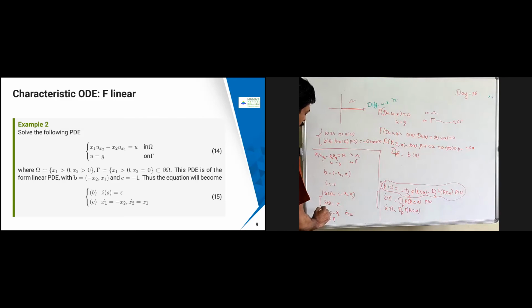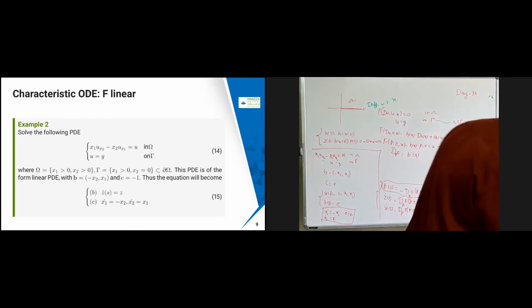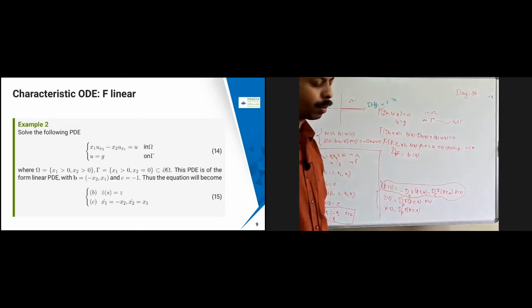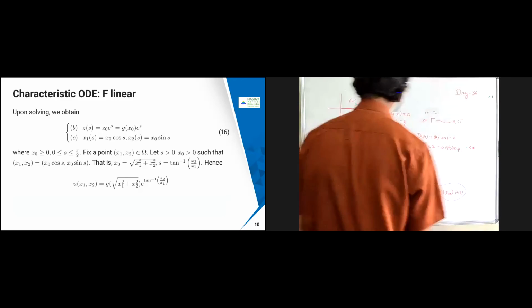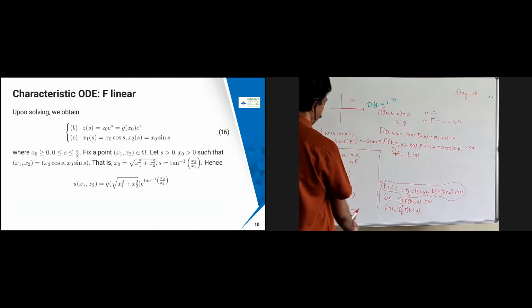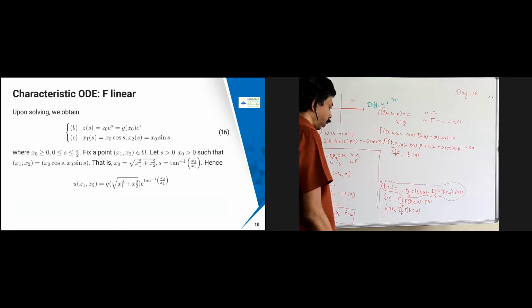Okay, so these are the 3 systems. So I have to solve this one. If I solve this problem using the system of ODEs, you can verify that for this one, z dot equal to z means z is going to become like e power s. With some initial condition, they give the initial condition as z naught, then I am going to get the answer as z equal to z naught into e power s.